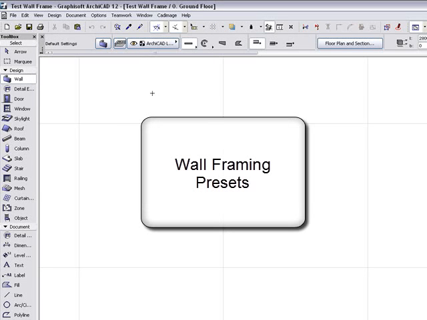The wall framing tool is based on a system of user-defined preset components. These components describe all aspects of the wall frame. Preset components include timber sizes, junction types, opening span tables, and complete framed skins. In this tutorial, I'll show you how to use the Wall Framing Preset Manager to edit the list of preset